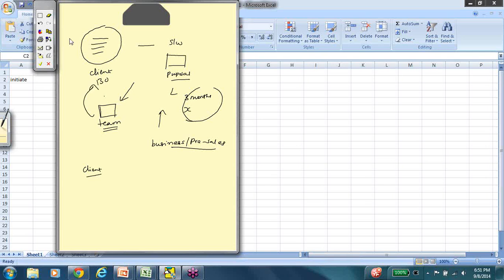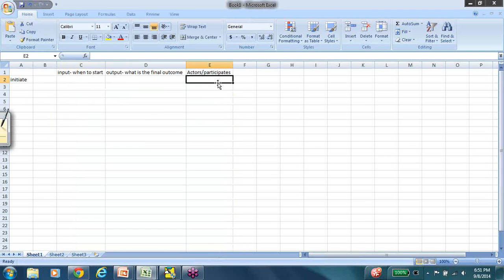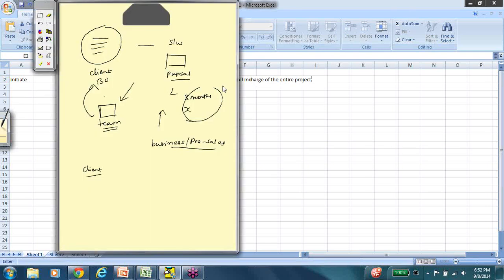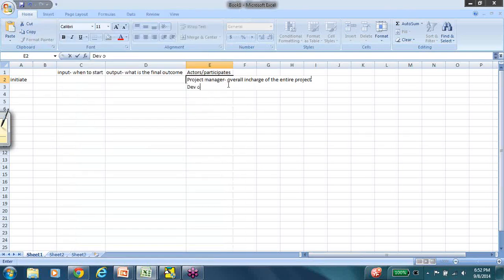So this team comprises the project manager, who is the overall in charge of the entire project. The project manager is not just responsible for dev or QA or any of the other teams. So this is for the entire project. The project manager will manage the entire project, make sure that it is on time, make sure that the infrastructure is all set, and all of those other things. So the project manager is not team specific. He's not just a manager for development or QA or something like that. And in this step,